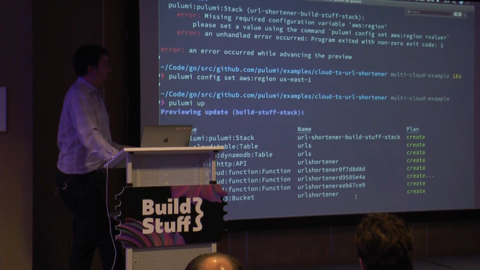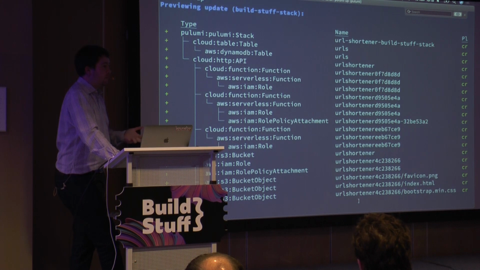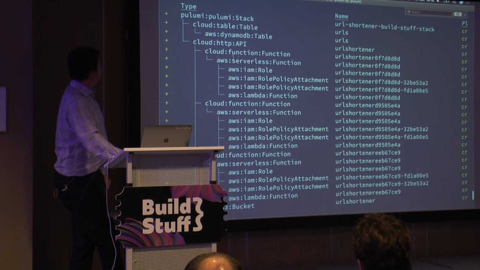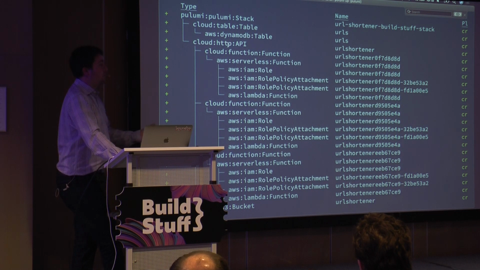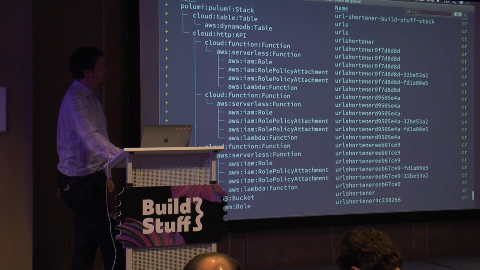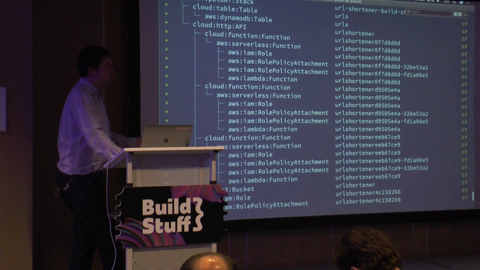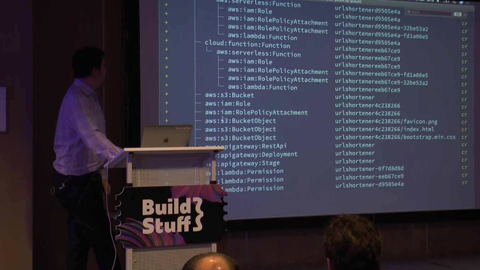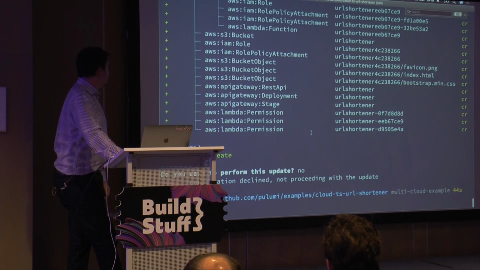But via the same abstractions that we can use to declare component resources, we can expand this out into what it means for that particular cloud. In this case, the API gateway had several routes. Each route for an API gateway in AWS ends up with a separate Lambda function. So it's expanded out into several different AWS Lambda functions, each of which has its own role and security context associated with it. We also have a bucket that has some static content in it, all the objects in this bucket served off the local file system, and various bits to make the API gateway work.